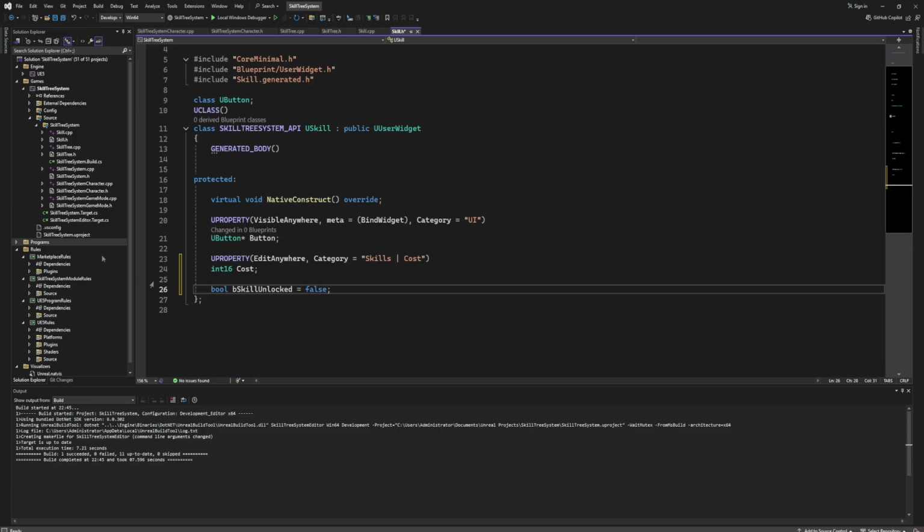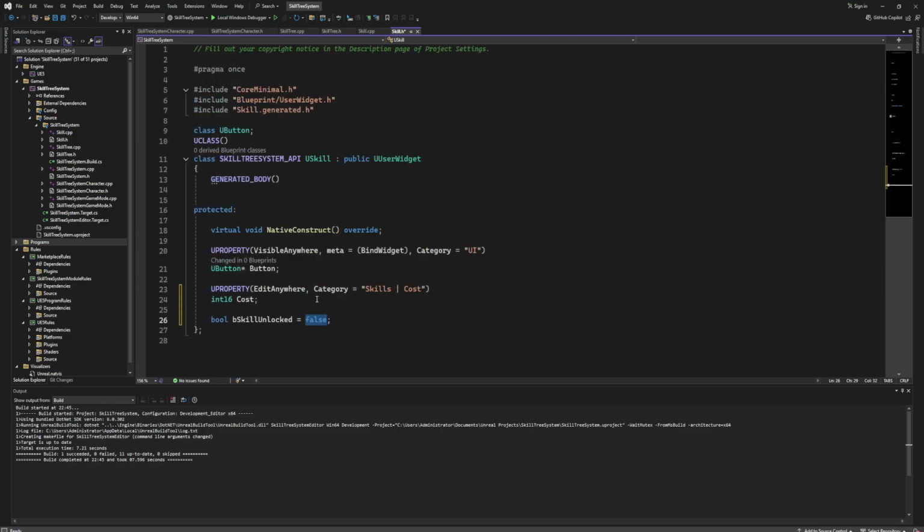Why is that? Because whenever we open our skill tree and basically begin a simulation, each skill is not going to be unlocked, and that's the reason why this skill unlocked boolean has a default value of false. So for now we are going to declare those two